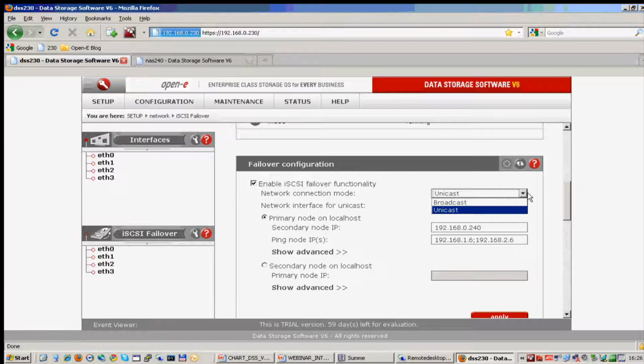First, when you come to this function for the first time, the failover configuration will be disabled, so you need to click on it in order to enable it. Then you need to select the type of communication between nodes. We have broadcast, which will send the signals to all nodes in the network, and unicast, which will send the signals only to one particular node configured in